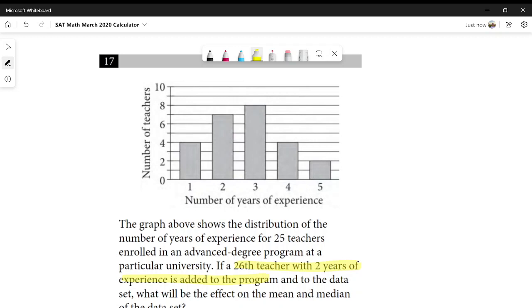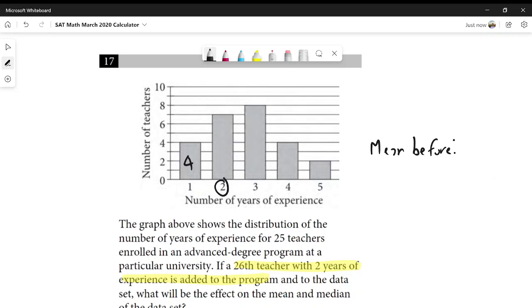So first off, let's calculate the mean before the teacher is added. We can do that by multiplying the horizontal axis by the vertical axis, then adding them all up and dividing by the total number of teachers. So this is going to be 4, because 4 times 1 is 4,